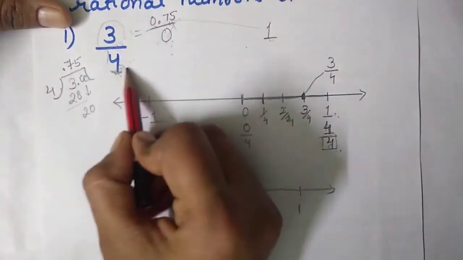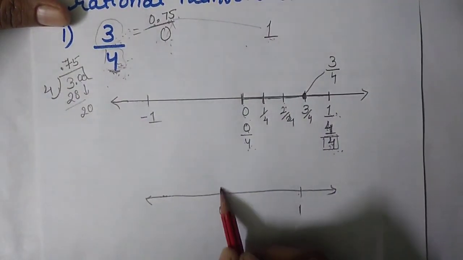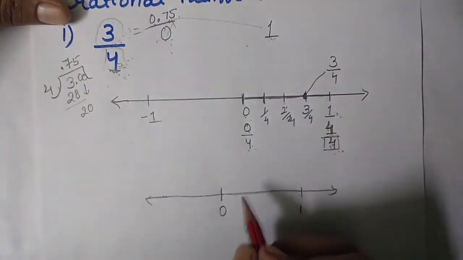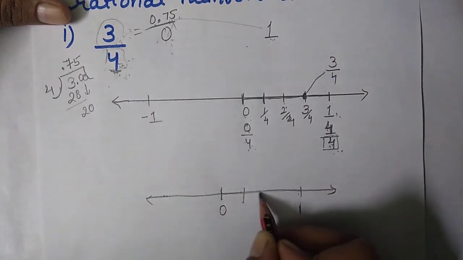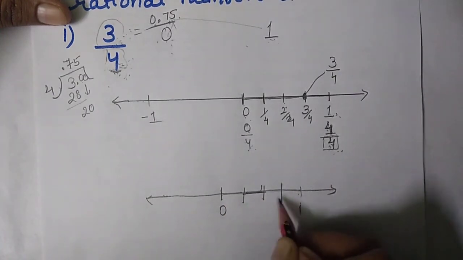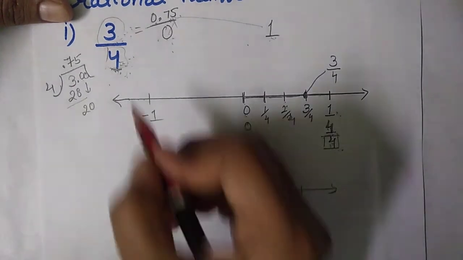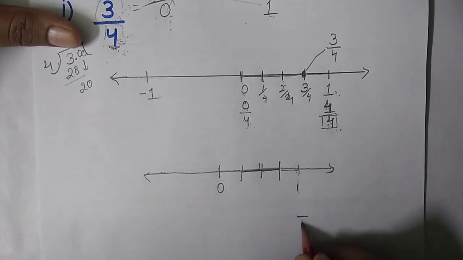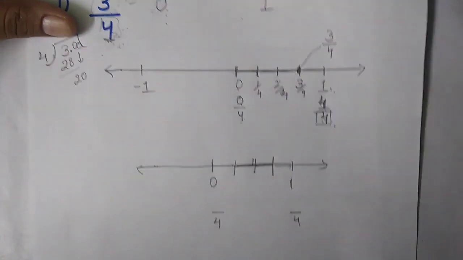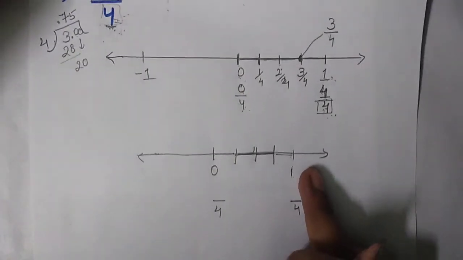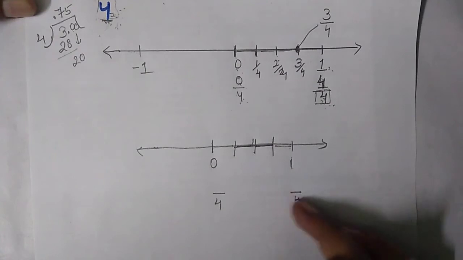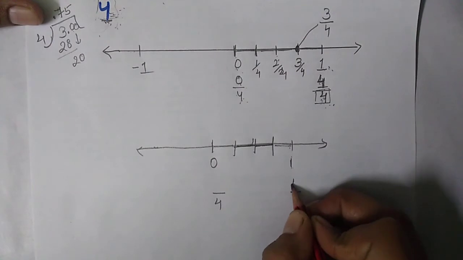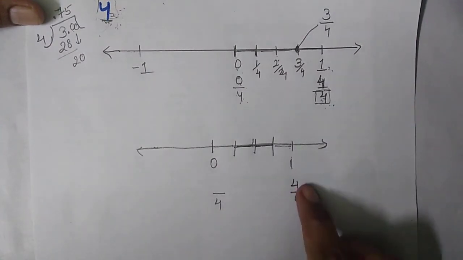Okay, now the denominator we have is 4. So I have to divide this distance, that is the distance between 0 and 1, into 4 equal parts, that is equal to the denominator. This is 1 equal part, this is 2 equal parts, this is 3 and 4. Okay, now the denominator is 4. Now this is 1. So in the numerator what we have to write so that the resultant is equal to 1? For this we have to write the numerator as 4, because the resultant will give you 1 then.